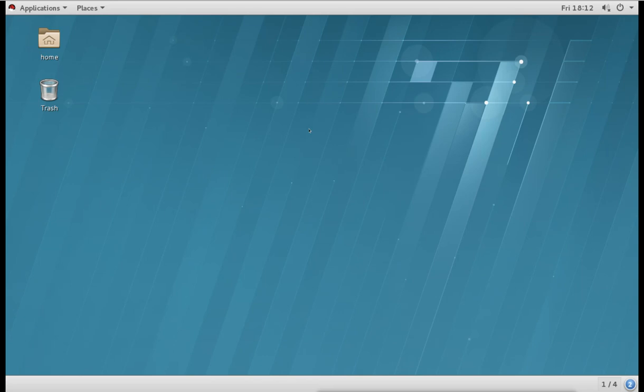Now if we are in the graphical terminal and we want to run commands, then we can run them from the pseudo terminal. It is actually called a pseudo terminal. To open the pseudo terminal, you can go to Applications.